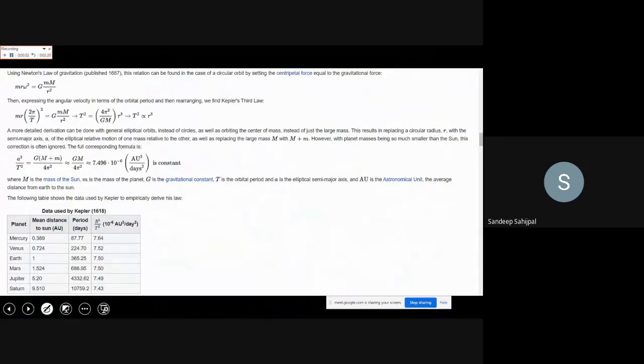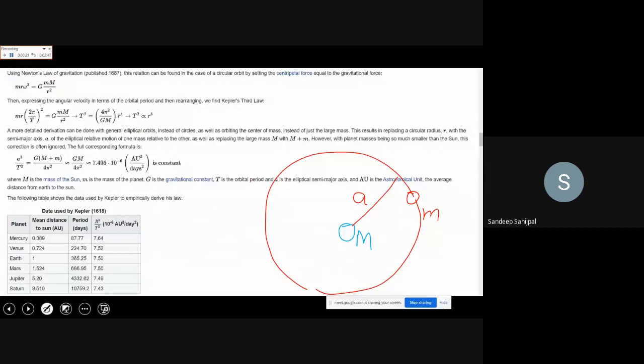अब ये थ्योरी है, थोड़ी सी सिंपल थ्योरी है, यू नो इट ऑलरेडी। एक सपोज करो एक मास M है। ठीक है, सेंट्रल बॉडी M है। एक स्मॉल मास है m, ये इसके ऑर्बिट में जा रहा है। ठीक है। अब डिस्टेंस है बिटवीन देम a। इसको हम सेमी मेजर एक्सिस कह देते हैं।